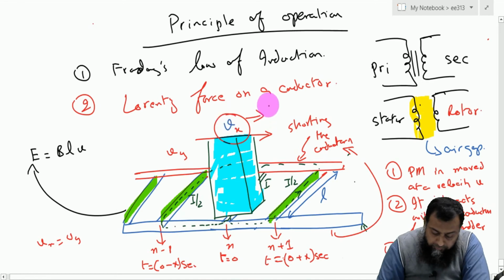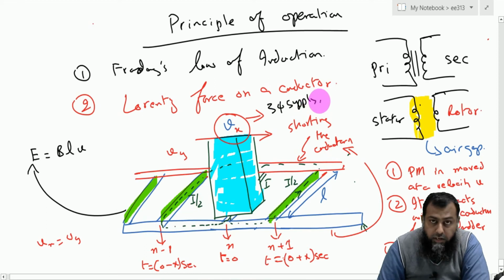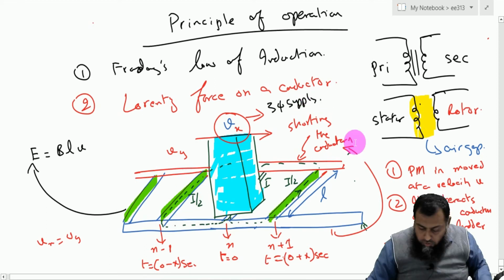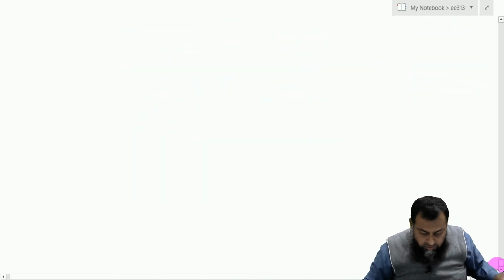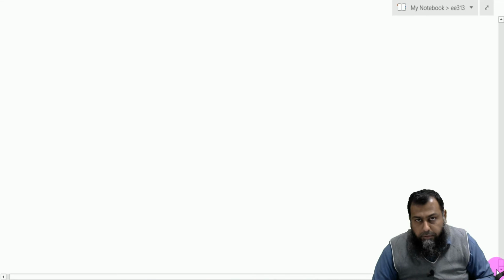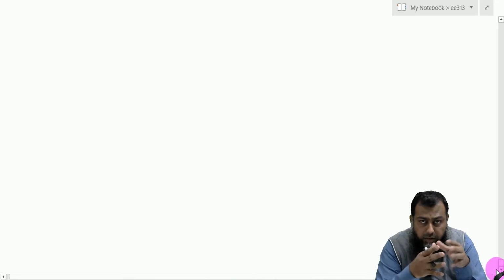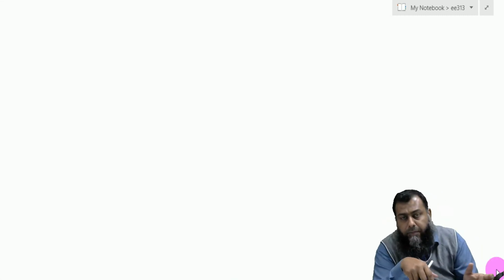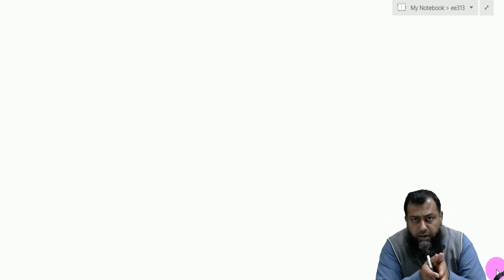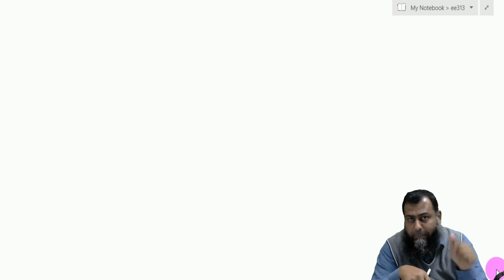For that, we opt for the three-phase supply, which is supplied to the stator circuit of the machine. So let us first of all examine the rotating magnetic field concept, because instead of having a rotating magnetic bar or permanent magnet over a ladder circuit, now we need to understand things from a real practical perspective.